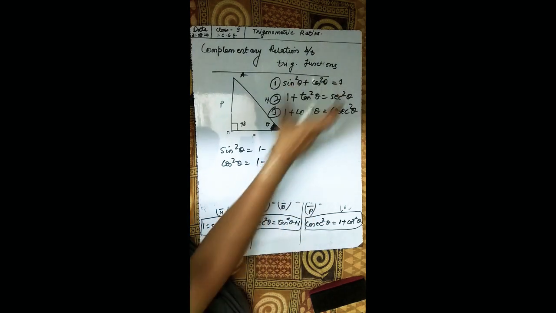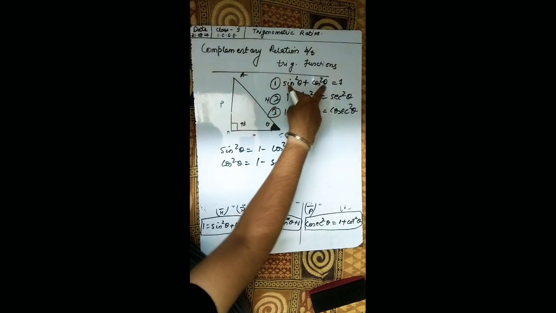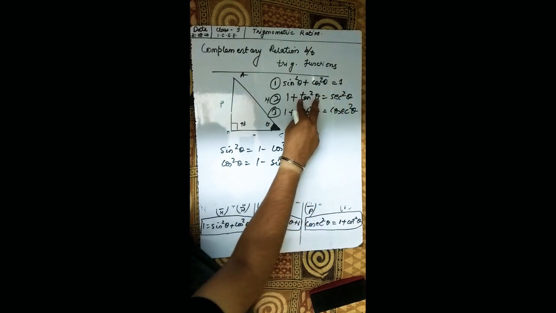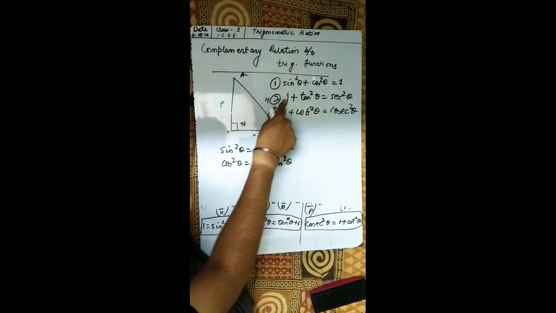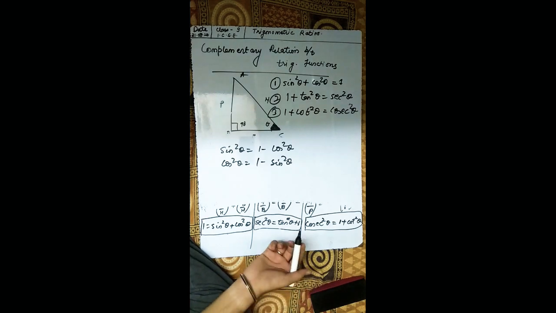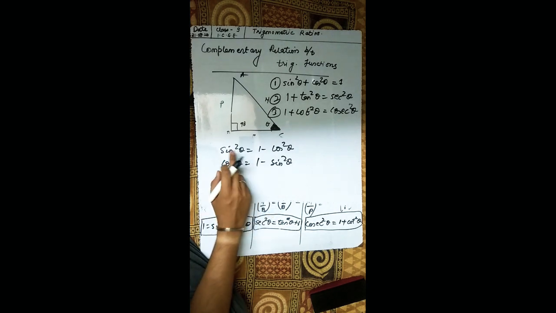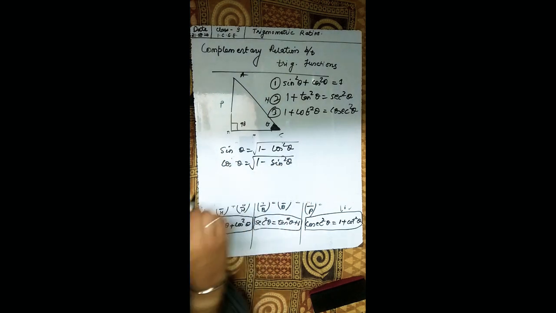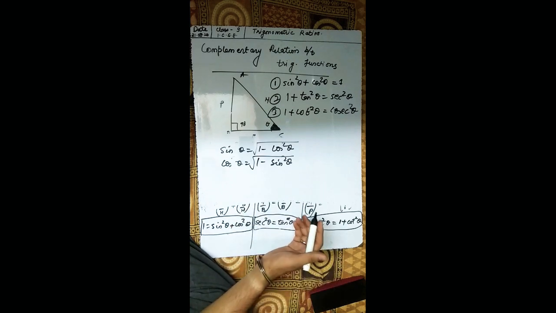So that is how 1, 2, 3, then 1, 2, 3 and 1, 2, 3. That means with this you can make 2 more, with this 2 more and 2 more. How? Take 1 to that side, so you will get the value of tan square theta. Or if you take tan square theta to that side, sec square theta minus tan square theta will be equal to 1. Similarly, like this you can make 9 identities. Other things you can also find, like if you only want to find sine theta, then you cut the square, so here it will be under root. Similarly, here also there will be under root. We will see questions on all these in the next video.